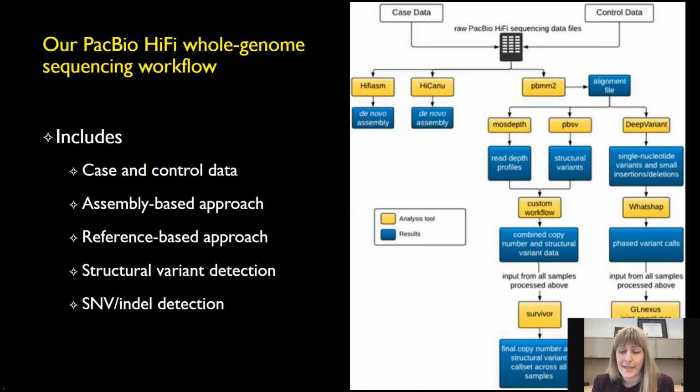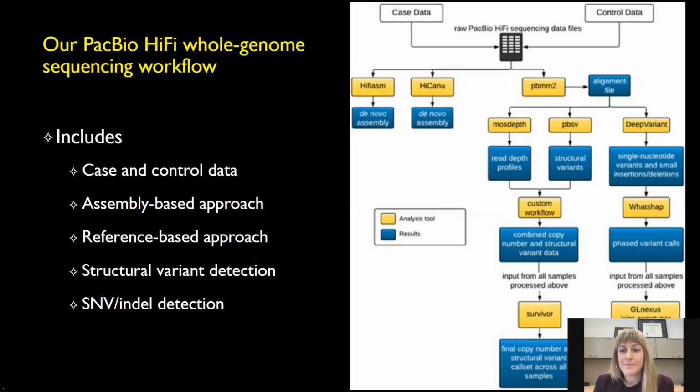So on the reference-based side, we used a mapper called pbmm2 to align our reads to a reference genome. We use mosdepth to build read depth profiles and pbsv to call structural variants. We've built a custom workflow that can integrate these two data sets into combined copy number and structural variant data for each individual. And then we can combine that data using SURVIVOR to get a final joint call set